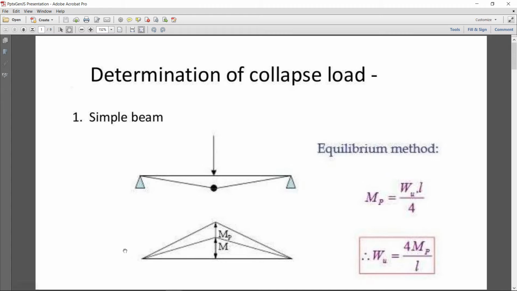Then here is an assumed bending moment diagram. Okay, here is the assumed bending moment diagram, that is M the elastic moment and Mp is the plastic moment. The plastic moment is always higher than M, so that's why it's just shown above. Okay, and we know from the elastic analysis, if any point load is acting at the center and the length of the beam is L, then the maximum moment is W, or if this is a P, then the